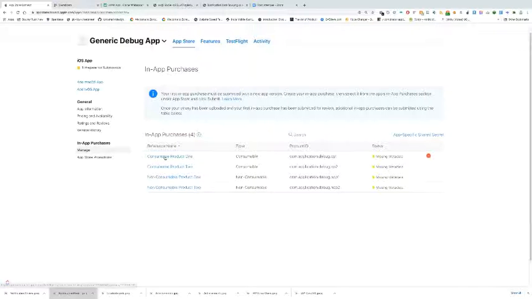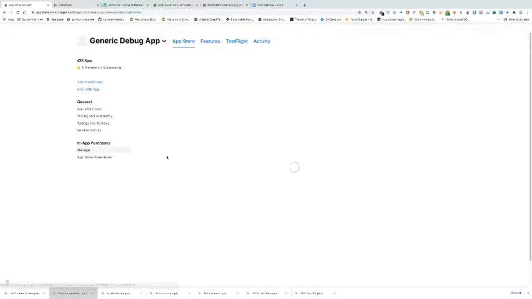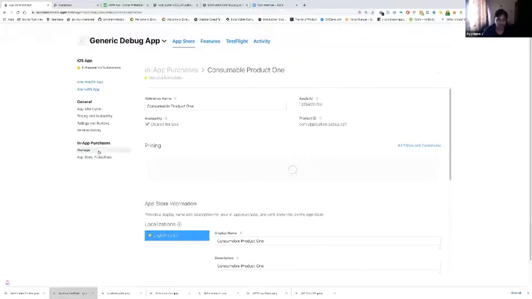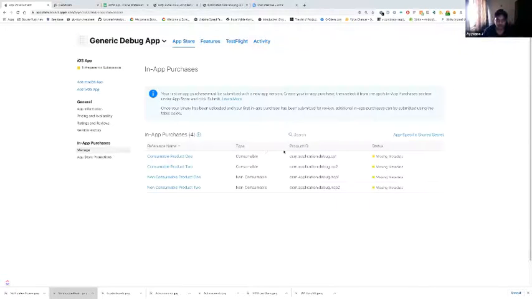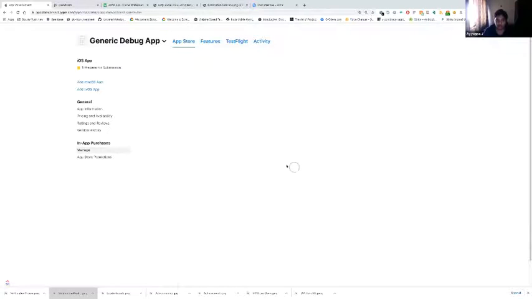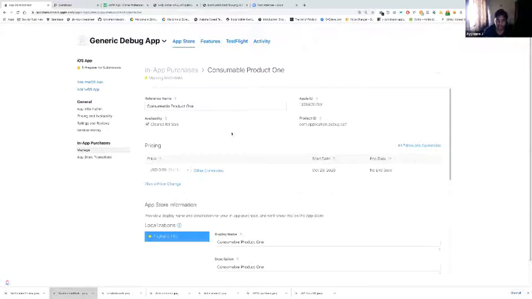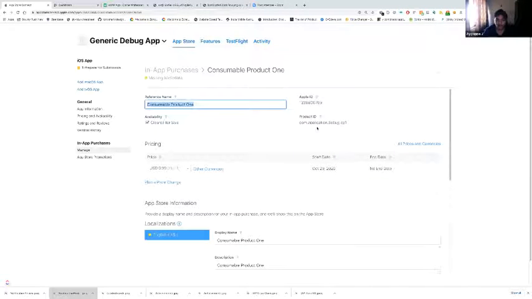So yeah, this is a place where, just a second. Okay, you need to go to the in-app purchase part. This is a place where you need to add the product, and you can go to manage, and you can click on the plus button over here, and then it will take you to the option where you can create an in-app purchase. So you usually give a reference name to it, and you usually give a product ID as well.